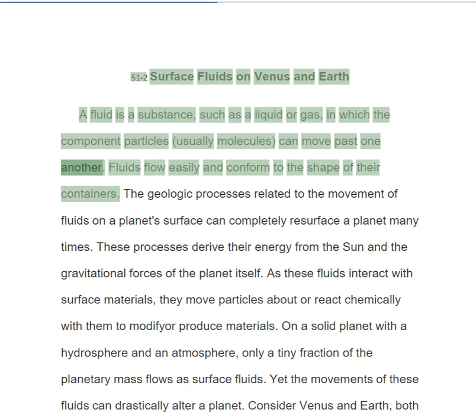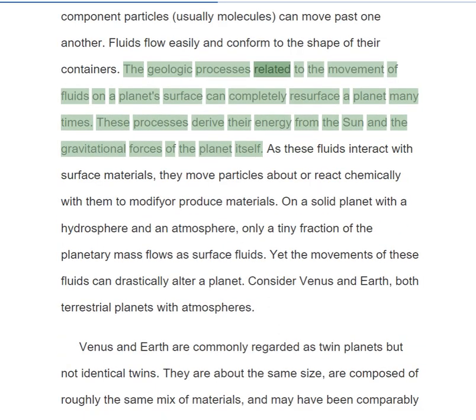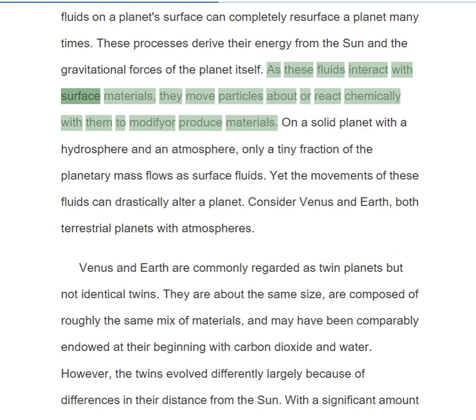one another. Fluids flow easily and conform to the shape of their containers. The geologic processes related to the movement of fluids on a planet's surface can completely resurface a planet many times. These processes derive their energy from the sun and the gravitational forces of the planet itself. As these fluids interact with surface materials, they move particles about or react chemically with them to modify or produce